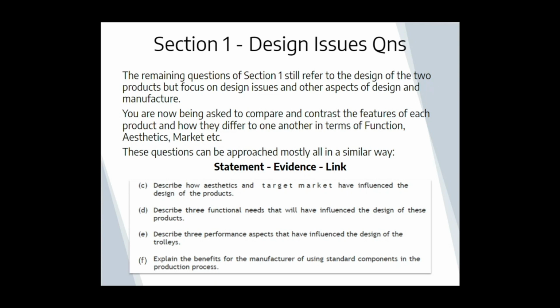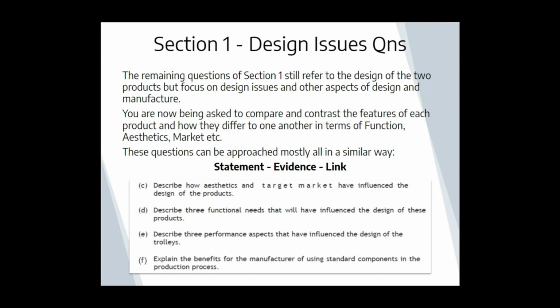You're now being asked to compare and contrast the features of each product and how they differ to one another in terms of function, aesthetics, market, etc. And these questions can be approached mostly all in a similar way to you did in questions A and B, with the statement, evidence, link structure. So there's some examples of questions that are given for the two trolleys that we've been working on the last couple of questions. There's one there about aesthetics and target market, function, performance, and then the last one about standard